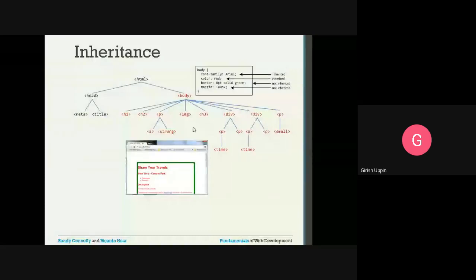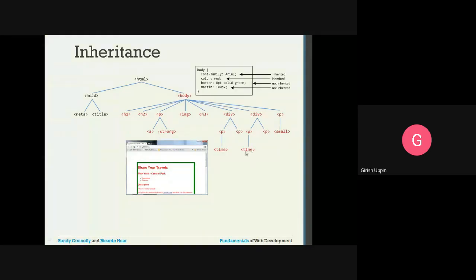Inside this paragraph I have a link, a hyperlink, an anchor. Then we have strong, another HTML element. Inside this division we have two paragraphs, and inside this paragraph we have a time element. Similarly, inside this div we have two paragraphs, and inside this paragraph we have a time.